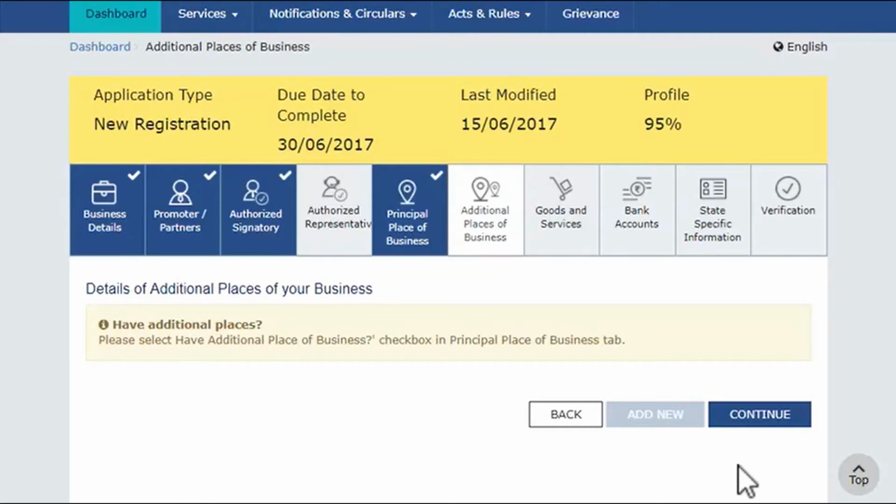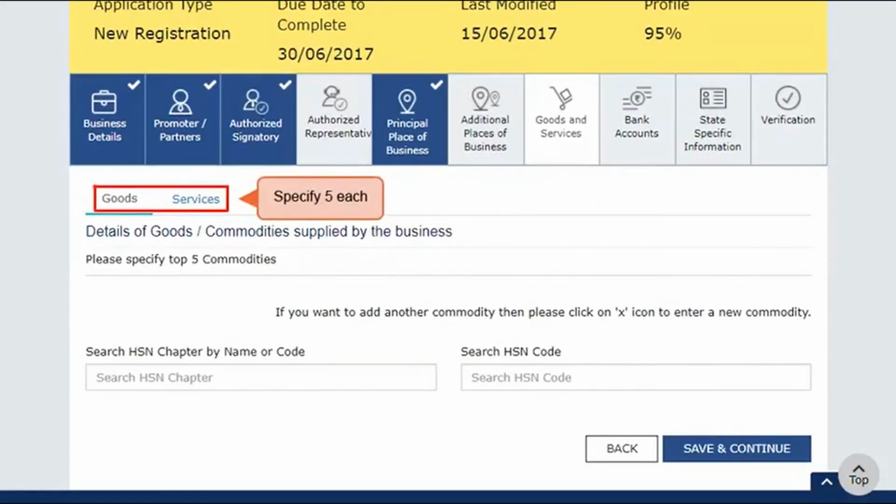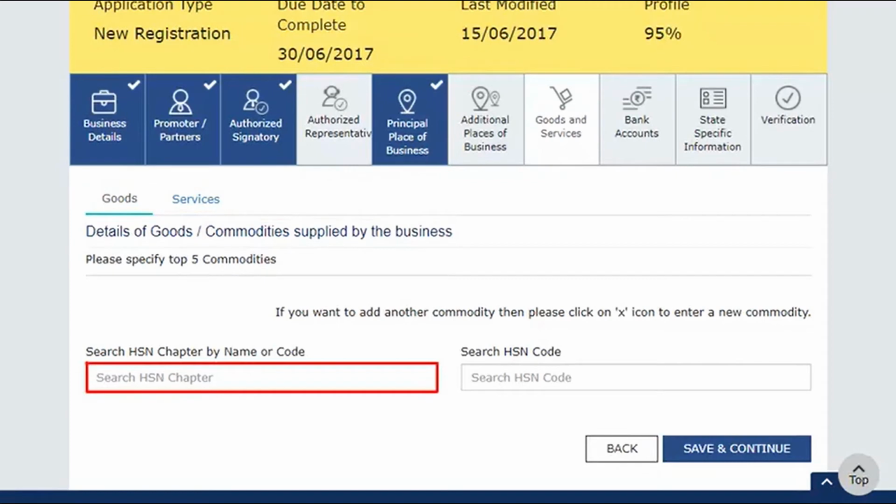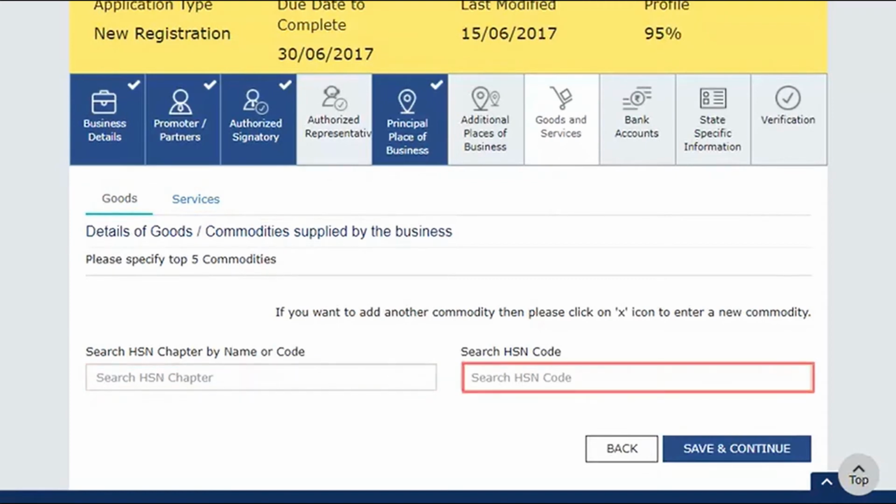Move on to the next section on goods and services related information. In this section, provide information related to 5 primary goods and services that you supply. Enter the name of the goods and services and the HSN, Harmonized System of Nomenclature Code, will be displayed.